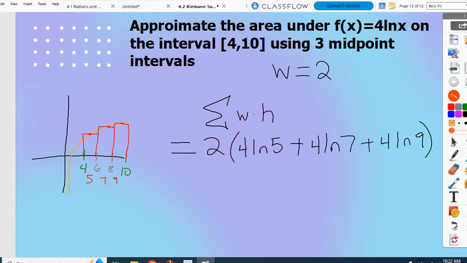Especially on a non-calculator active question, if they're asking you to use a midpoint, this is pretty common, where you would have numbers that end up being nice. If it was a non-calculator active, that's usually where they would give you ones where you end up with decimals or fractions. The only thing that you might see is because there's a 4 in all of them, you might see the answer in the book, or if it was a multiple choice question, they might factor that 4 out as well, right? That would be the only thing they might do. So, what questions do we have about any of our left, right, midpoint,